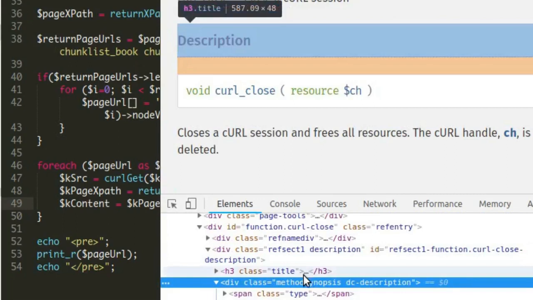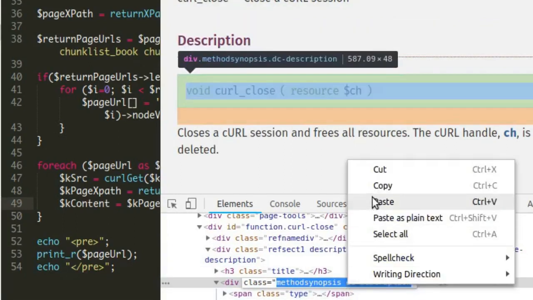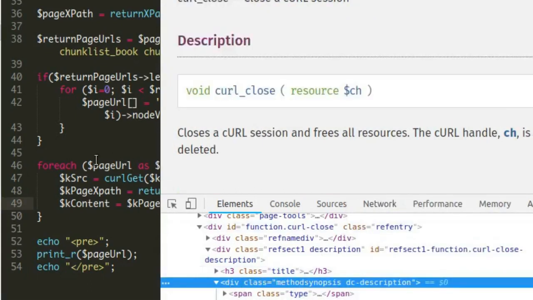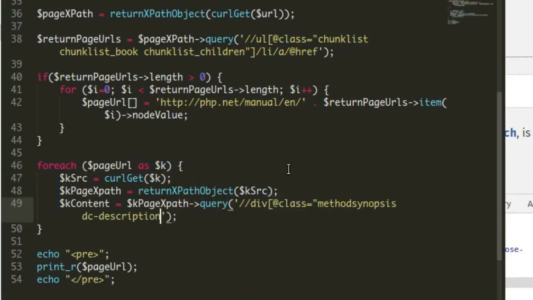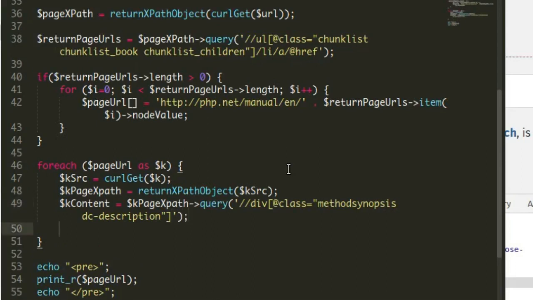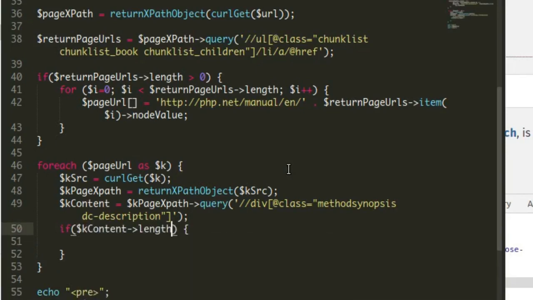Let's see, description, we have method synopsis, DC description. So we just need to copy this division class. So we need to use the query, division at the rate class is going to be this one, and we need to close this, and we have this $k content. Now what we need to do is, if $k content length greater than 0,